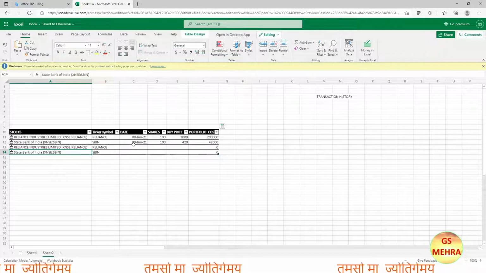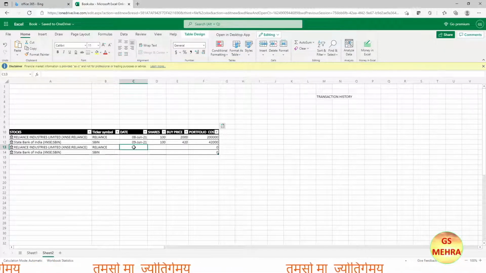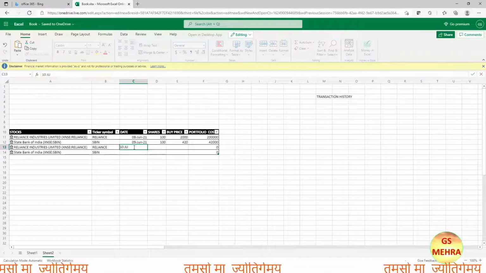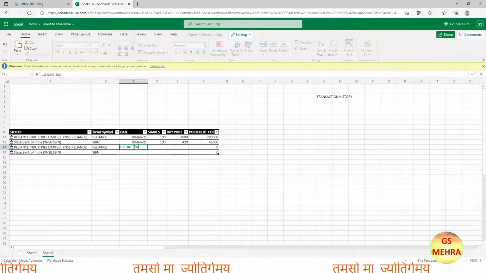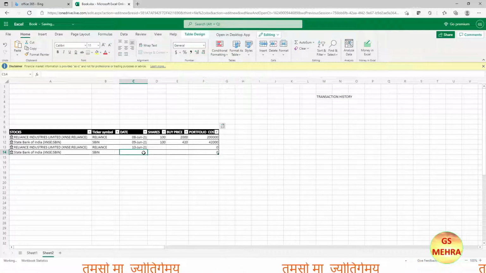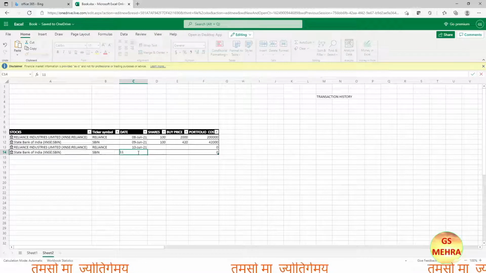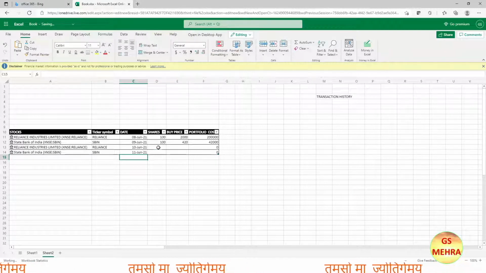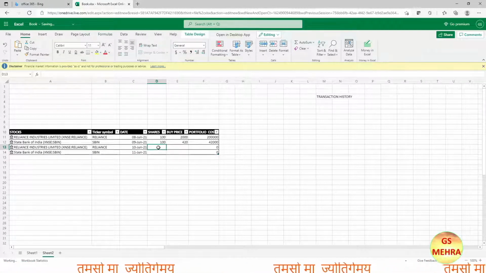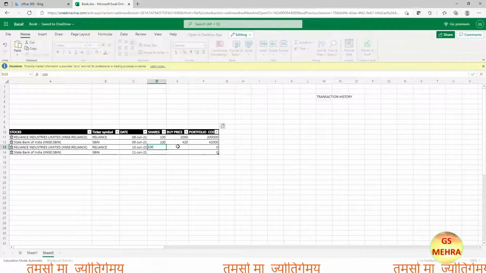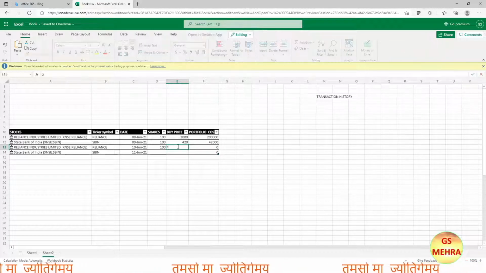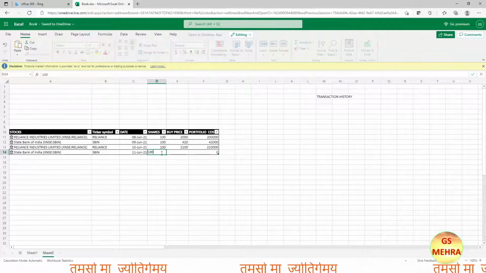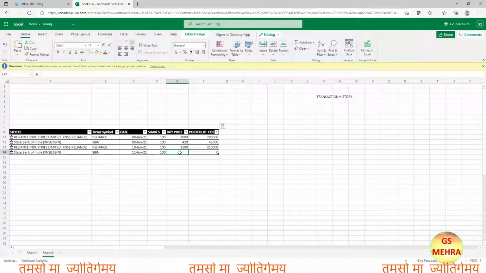Now let us suppose that we purchased on 10th June, and the State Bank of India, let us suppose that we are going to buy it on 11th June 2021, and the number of shares, let us take it as 100, and buy price say 2100. Automatically the portfolio cost will be calculated. And same way for State Bank of India, let us take 100 shares and the buy price as 410, and again portfolio cost is calculated.